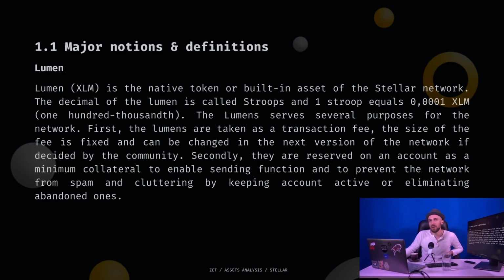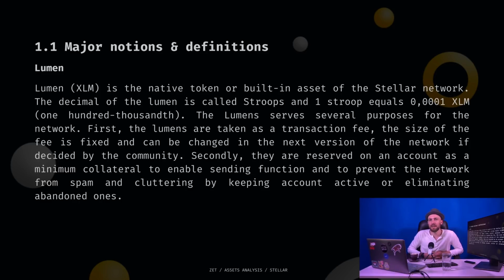So it's actually a good feature because, if you do not know, many other cryptocurrencies allow you to create as many addresses as you want, and that can clutter and spam the network. Spamming can take power from the nodes that sustain the network. Thus the network can go slow. And in case of Stellar,